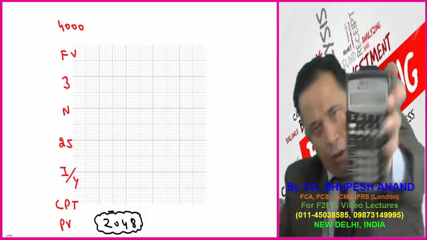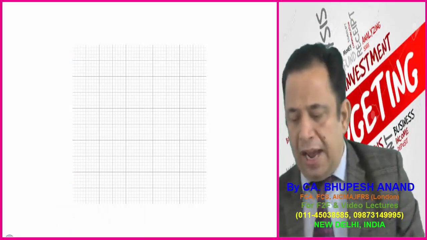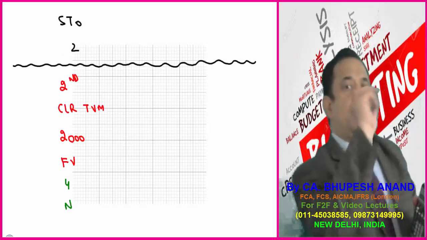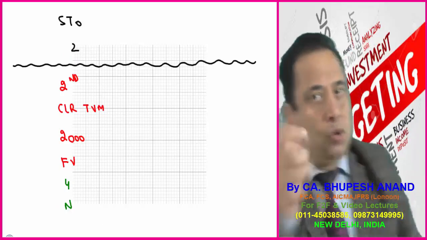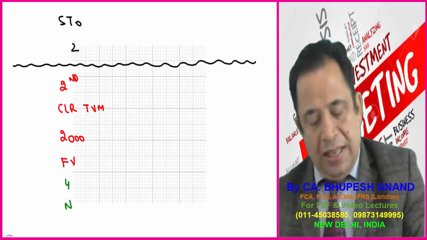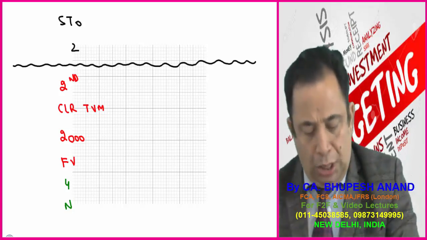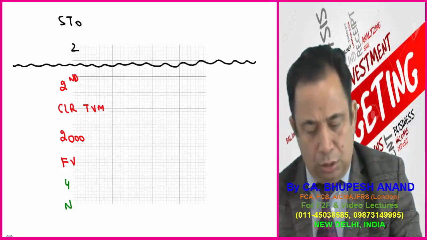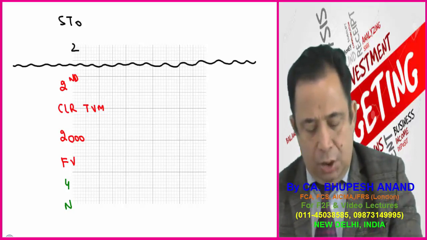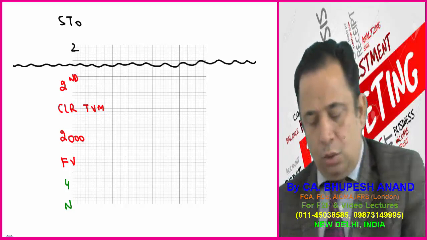I have written here also. Store in 2. In second slot I have stored. Now I have to do it for fourth year as well. And then I will recall 1 plus recall 2 plus recall 3. So I am doing it for fourth year as well. And in the fourth year again I will be firstly using second clear TVM. 2000 is the future value. 4 as N, 25 as IY, and compute present value,